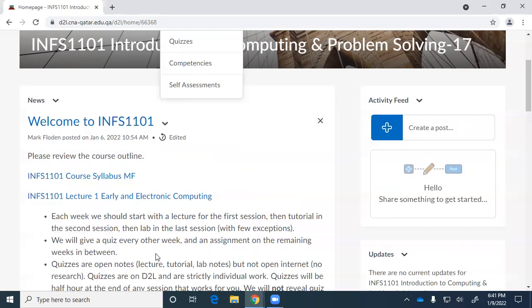Correct? Yes, you will be having multiple choice questions. The quizzes will mostly be multiple choice questions with some short answers. Likewise in the test and the final. In the final, you'll have to write some computer program, write some Python code on paper, and probably draw some flowcharts. And maybe in the tests also.